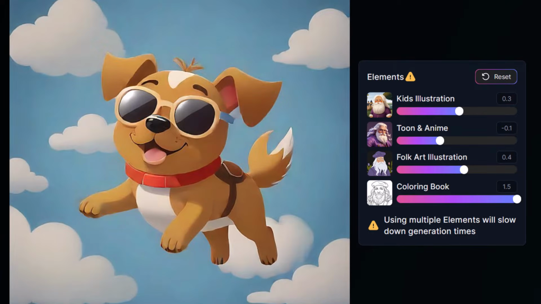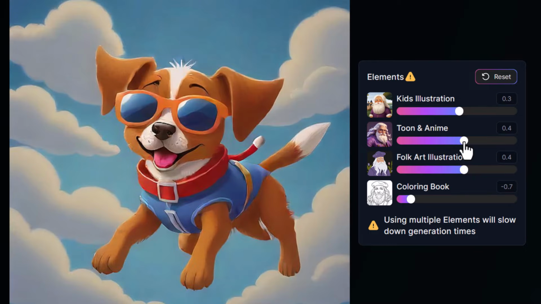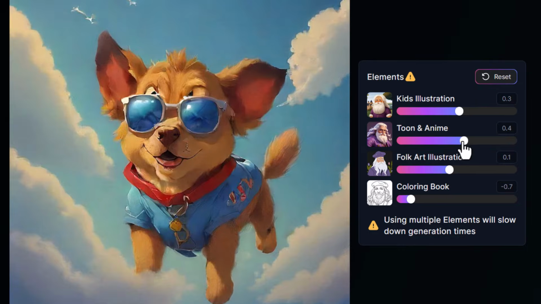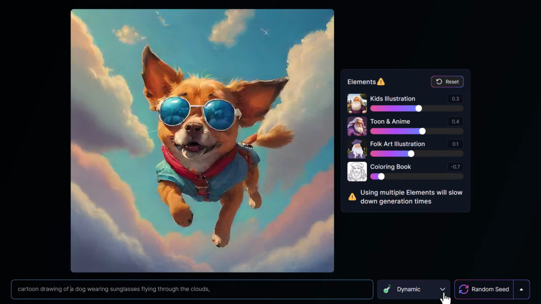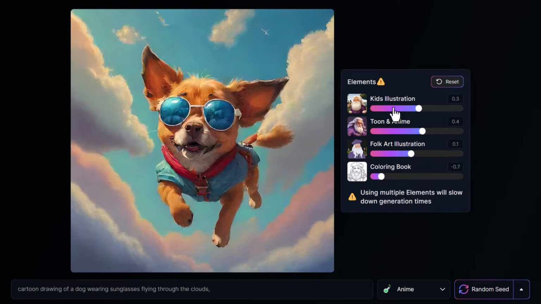If I add coloring book, it will basically make it black and white, so I'll bring it right down. But on top of actually changing these settings here, there's also some profiles. You'll notice these if you're using, I guess they call it Alchemy or some of the more advanced settings in the image generator. At the moment, we're using dynamic, but I can go to anime and it'll make an